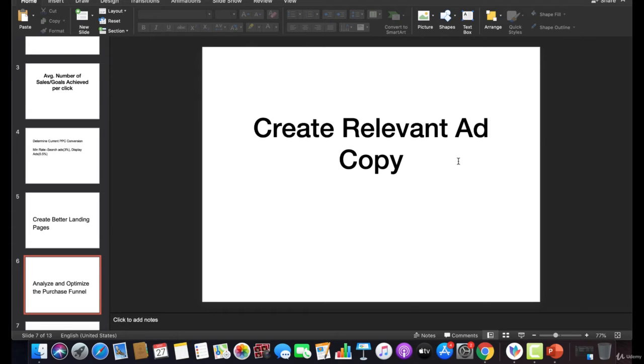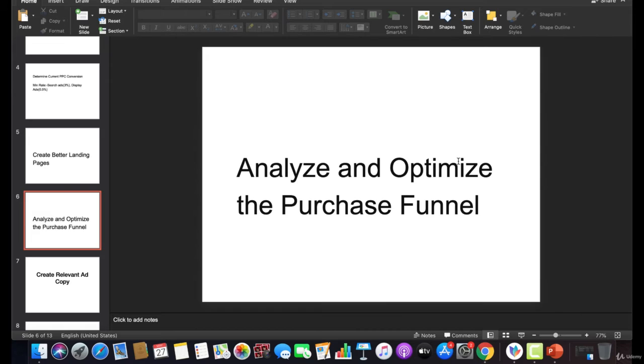Like how the purchase funnel works: if you are targeting good relevant keywords, your ad will display, and if you have good ad copy, your ad is being clicked, and if your ad is being clicked, you have to create the best landing page among your competitors and display your features and benefits. Let me differentiate the two: features are about the product, and benefits are for the customer, the purchaser, the lead form filler, for what service or product they are looking for.